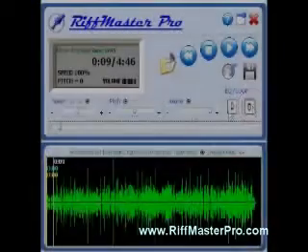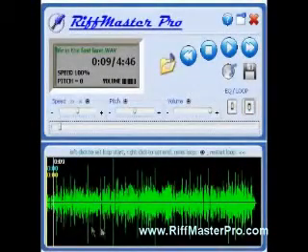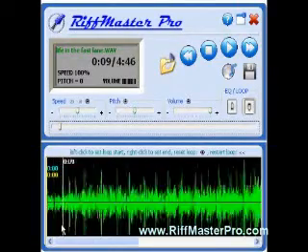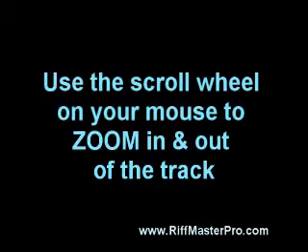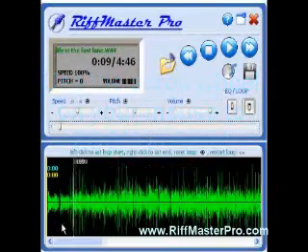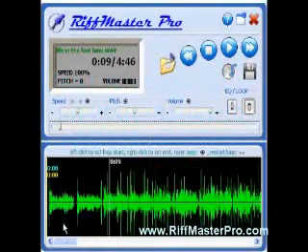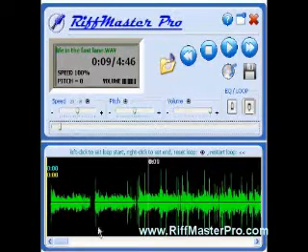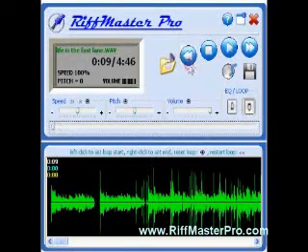Then what we can do is go down and have a look at the representation of the tune in a visual form, and that's the wave here, and we can stretch that out. So we can really see where the riffs are, certainly here at the beginning of the tune. You can see from this point to this point is that first riff, and if we listen to that once again, from the top of the tune,